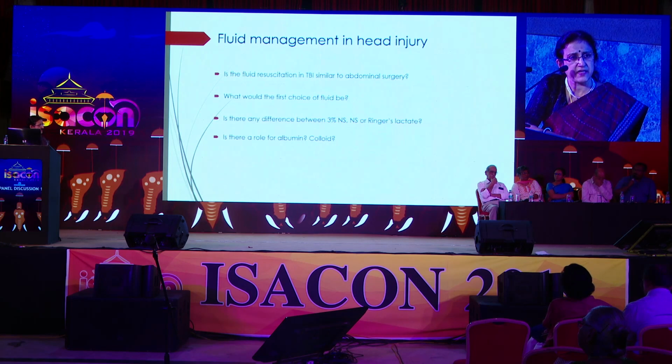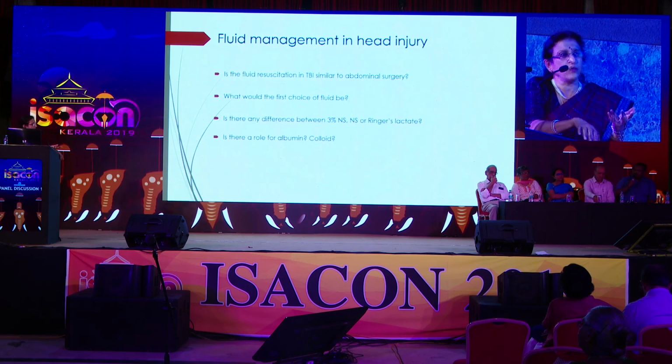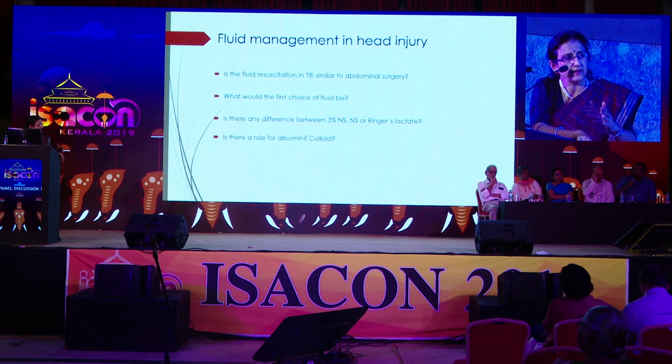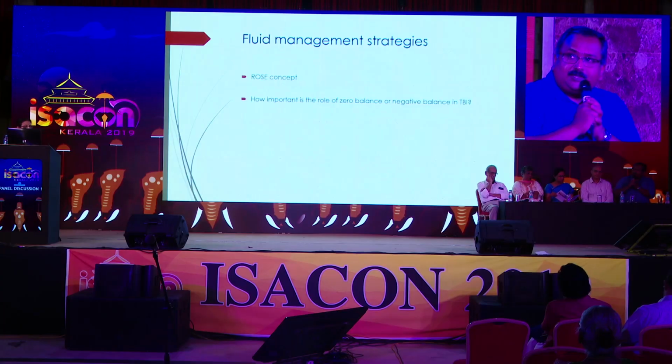Like it has been said before by previous speakers, you just need to give one-third the volume or a little more than one-third the volume and you get the same distribution in the intravascular compartment. But when you consider volume resuscitation generally, we have other factors in play when you have a traumatic brain injury. So albumin probably in the initial phase I would not use. Albumin probably has a role for the evacuation phase.